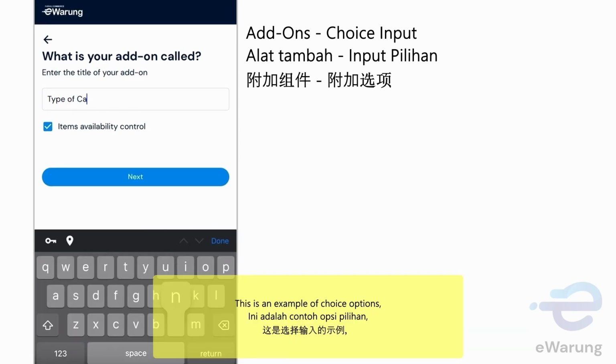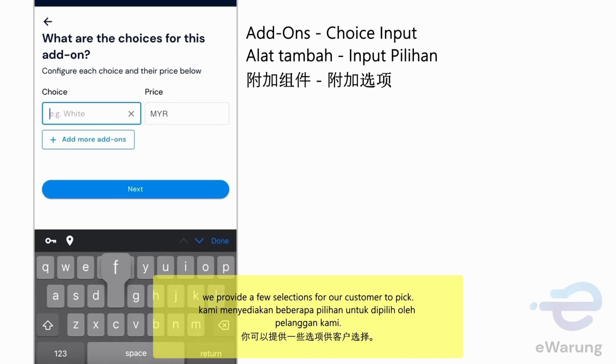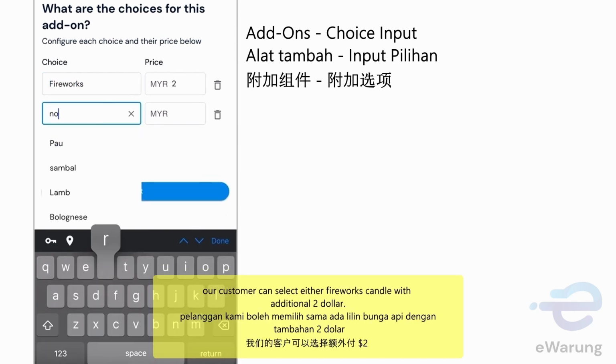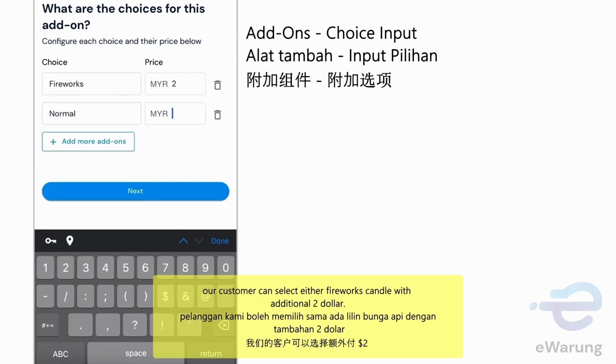This is an example of choice options. We provide a few selections for our customer to pick. In the example, the candle types, our customer can select either fireworks candle with additional $2 or normal candle with